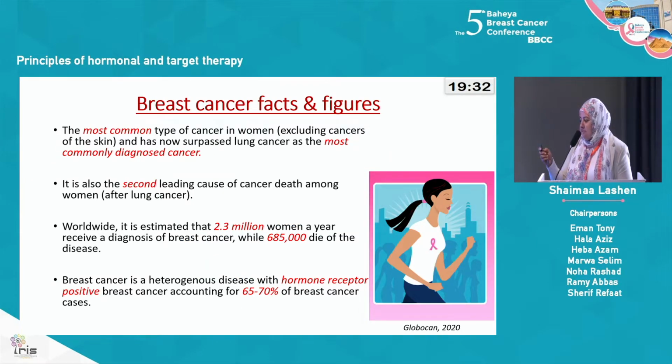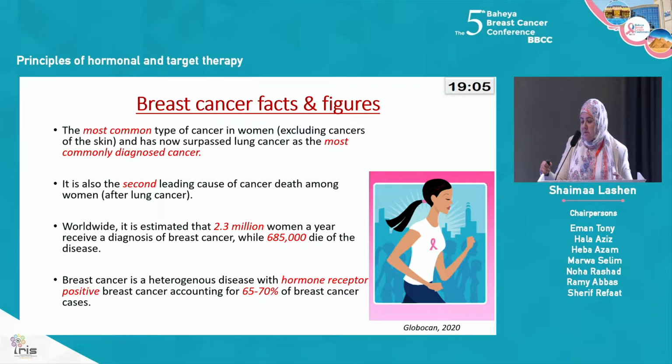First of all, some facts and figures, and you have heard this in previous sessions. Breast cancer is the most common cancer. According to the latest statistics, breast cancer is the most common not only in females, but worldwide. Despite that, it's the second leading cause of death, not the first. And among breast cancer cases, most of the cases are those that